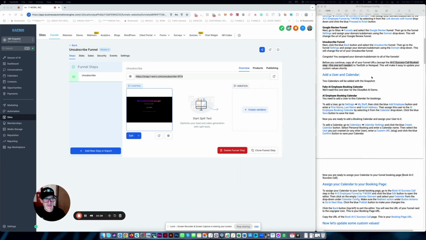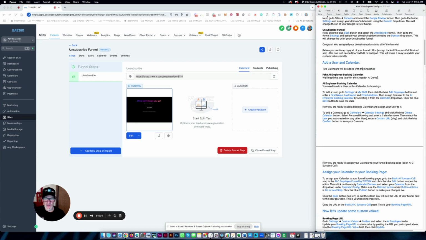Okay, now the next step is we need to add a user and a calendar because we need to wire up a calendar for the AI booking calendar in the snapshot. So we need to add a calendar, and first of all, we need to add a user so we can assign the calendar to the user, right? And vice versa. So the first thing I'm going to do to add a user, as I've got right here,